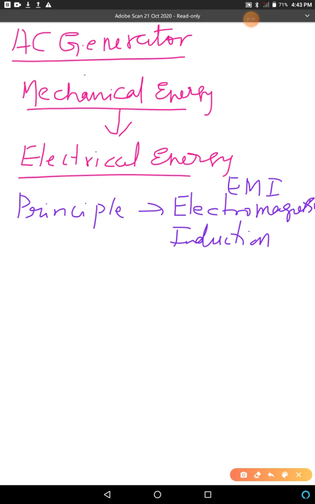Who discovered the phenomenon of electromagnetic induction? It was discovered by Faraday. As I told in the beginning of the chapter, when Faraday discovered this electromagnetic induction, so many